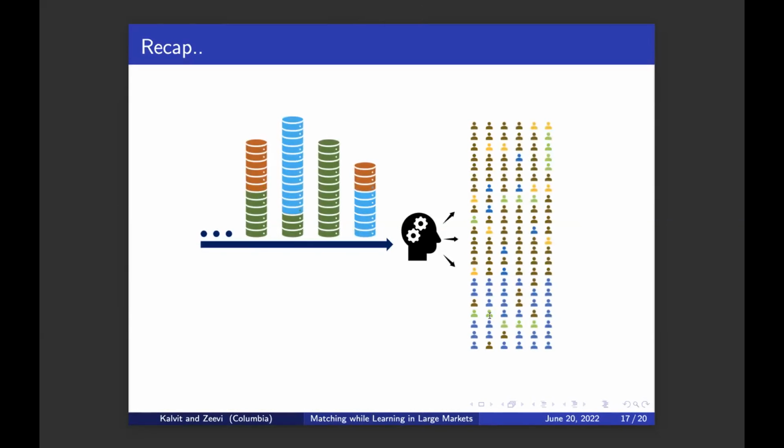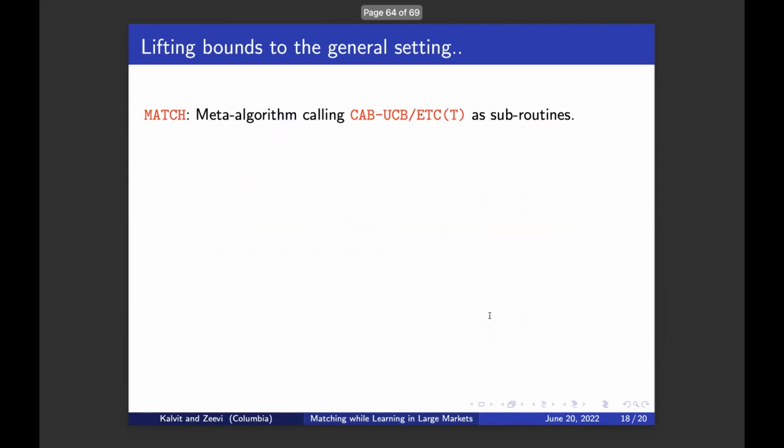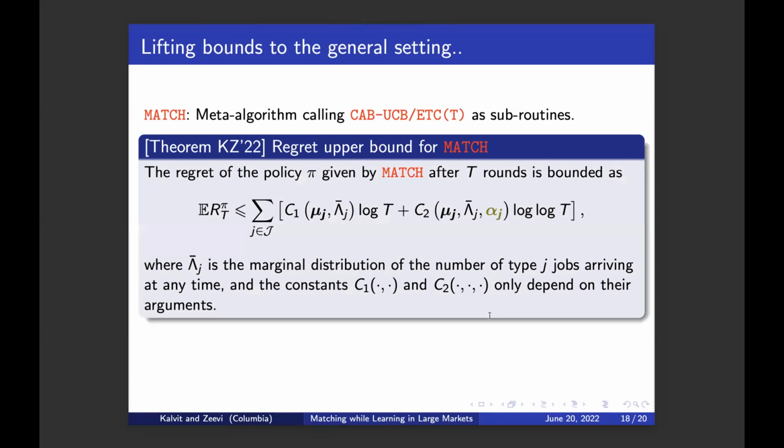The next step naturally involves elevating these performance guarantees to the full generality of the matching problem that I introduced at the outset of my presentation. So how do we actually do that? This is achieved by a meta algorithm that we call match. I'll not go into the specifics of what this meta algorithm looks like, but in a nutshell, this meta algorithm calls the previous 2 algorithms that we saw as subroutines, and these subroutines are invoked in a